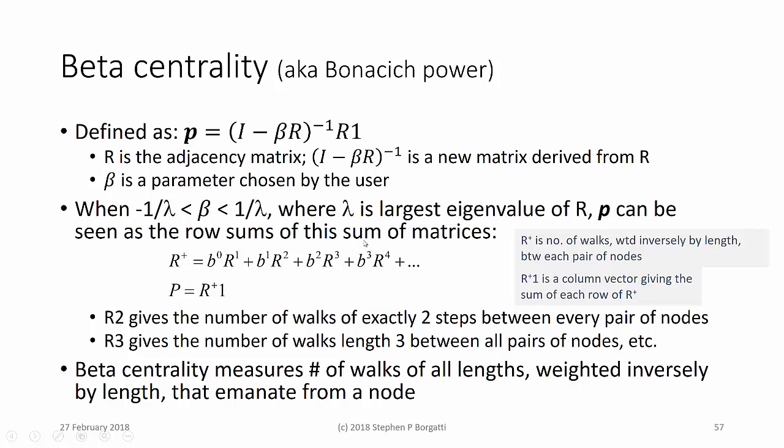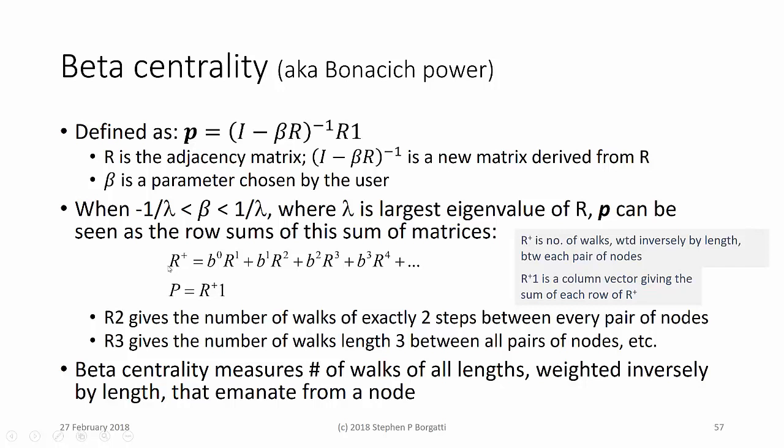In fact, when the exponent goes to infinity, that weighting factor goes to 0. So that means paths of infinite length are weighted 0. And so that's why this thing actually converges and yields a matrix here that I call R+, which is the